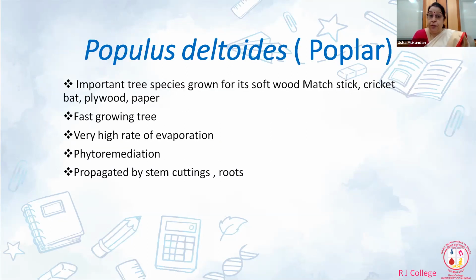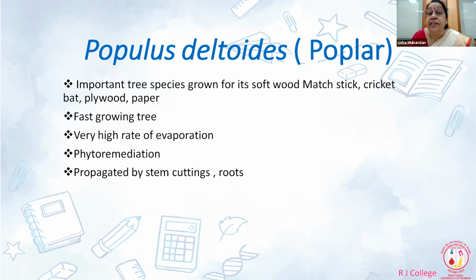Then we come to the next part. Propagation of forest trees. Populus deltoides, aspen. If you happen to go along the north, the moment you cross Noida, you'll just see fields of poplar. And if you are with a tour guide, he will say, Madam, cricket ka bat hai na, ye is plant se banta hai. That means they are more aware about the utility of this tree. Why do they grow this tree? Very rapid in growth. Within no time, it will become productive. And it is very straight.